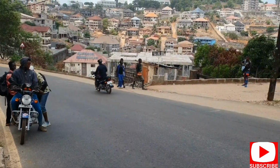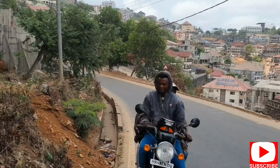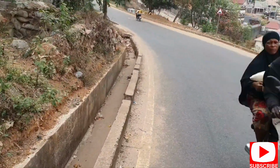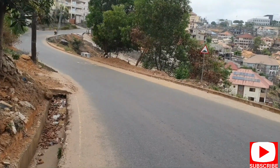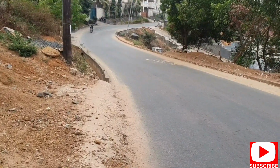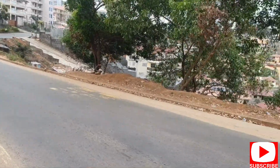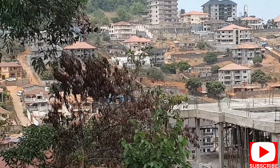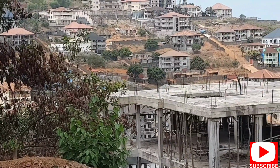Still here as we continue with the video. So we continue. If I can stand here, this is also the view from this particular side or this particular angle. So these are all parts or sections of the back of the IMATT or South Ridge or back of the United States Embassy,